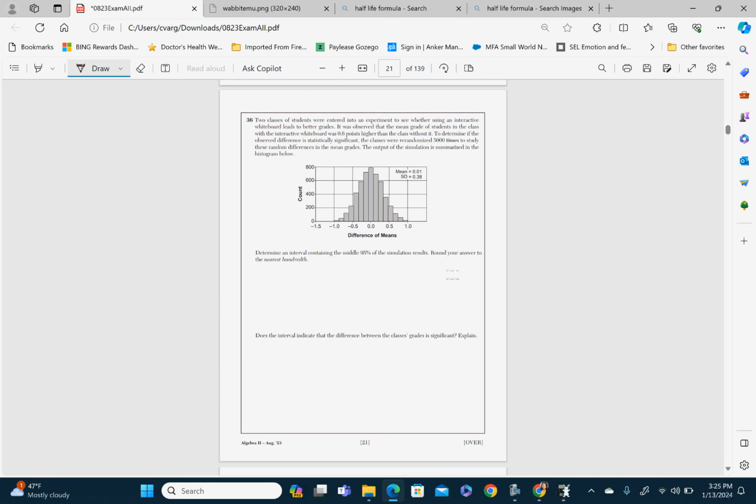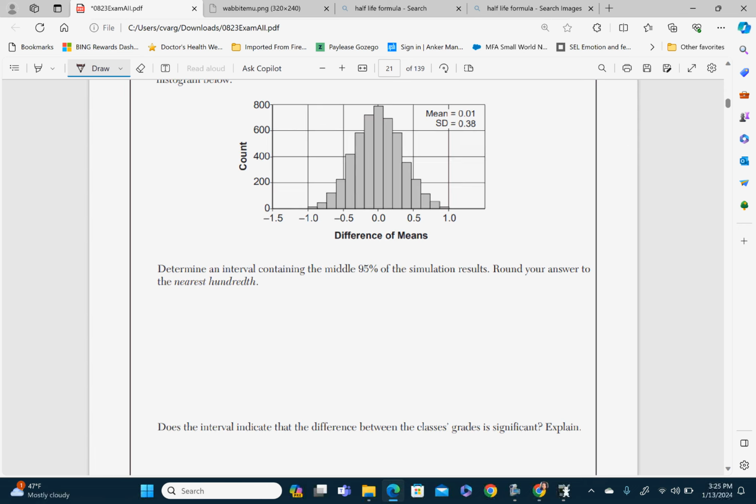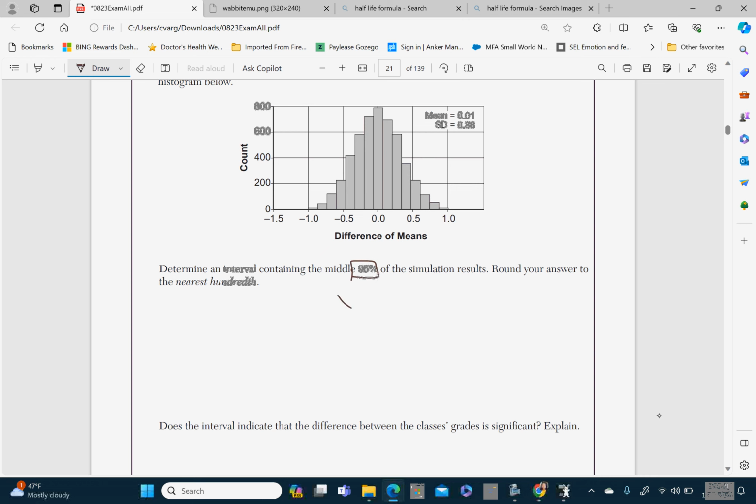All right, question number 36. We did not do anything like it, but I can just show this to you real quick. Anytime it says 95%, you do mean plus or minus 2 times your standard deviation. So here our mean is 0.01 plus or minus 2 times our standard deviation, which is 0.38. And so you have two cases here, right? You have 0.01 plus 2 times 0.38, and you have 0.01 minus 2 times 0.38. Plug this into a calculator, you get